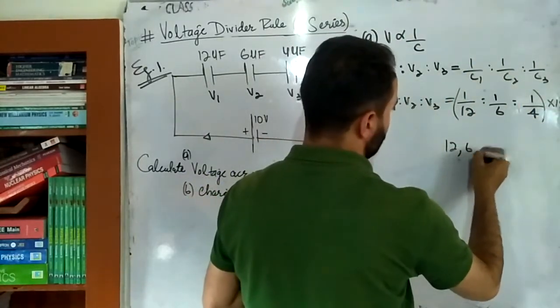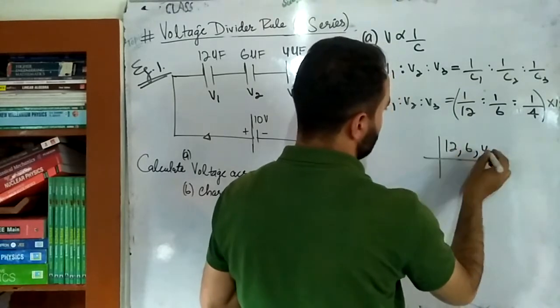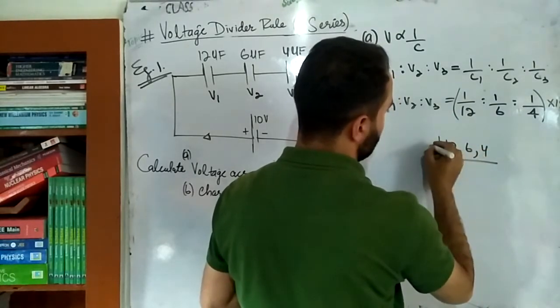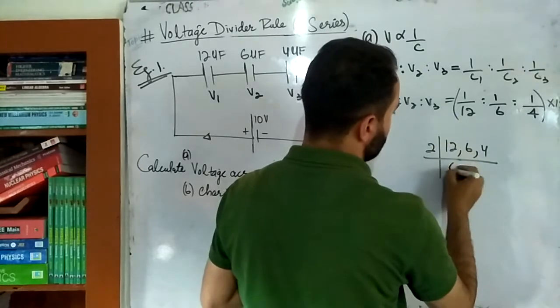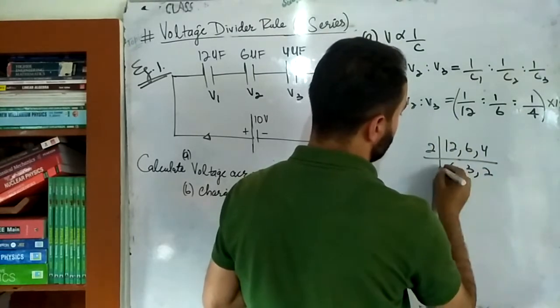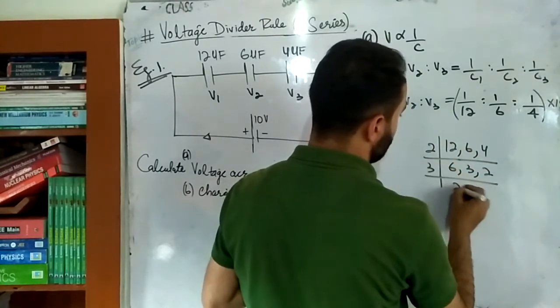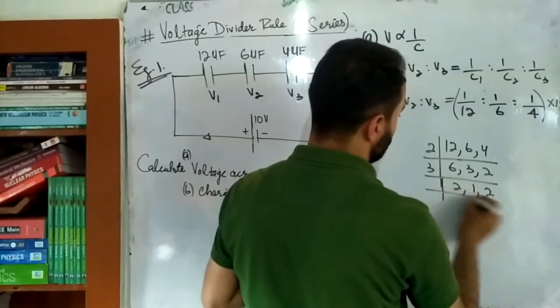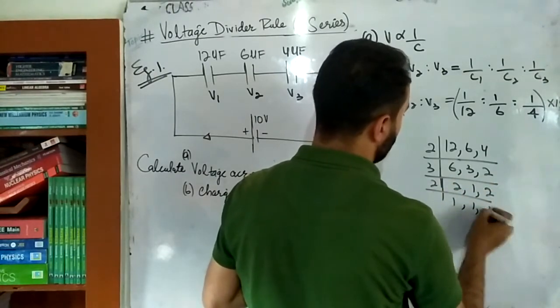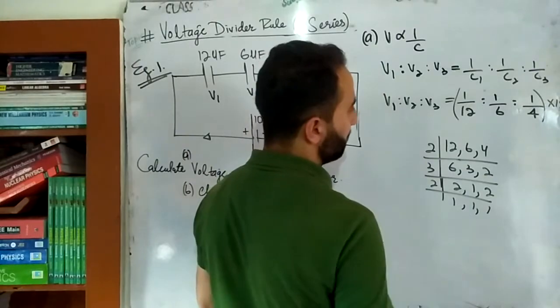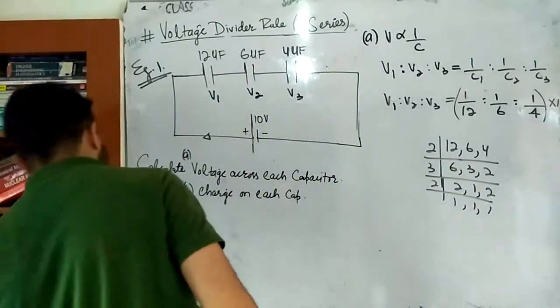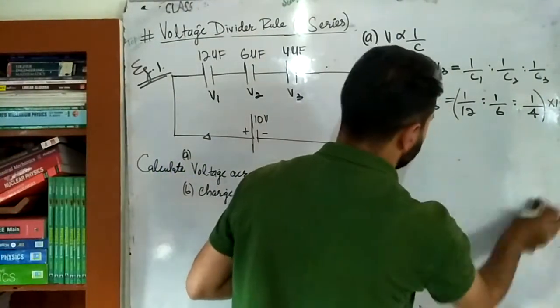12, 6, 4. Quickly I will show its LCM. Suppose it is 4, so it will be like this, or 2. Here it is 6, then here it is 3. Then here it is 2. Then here it is 3. So it is 2, this is 1. This is 2. Then 2 it is, so 1, 1, 1. So 2 3s are 6, 6 2s are 12. So LCM is 12. Okay. So its LCM is obviously 12.